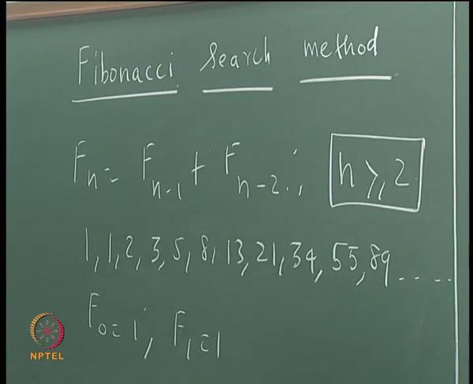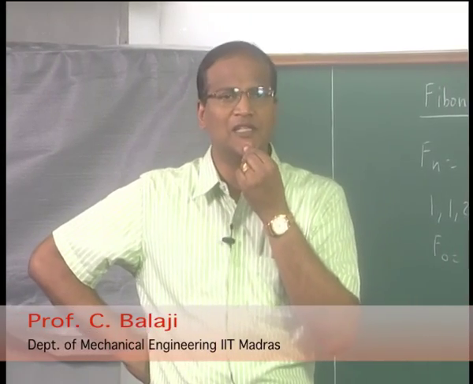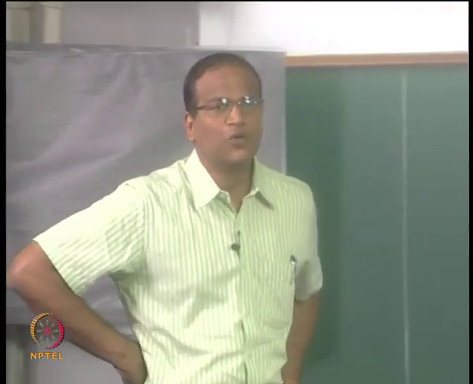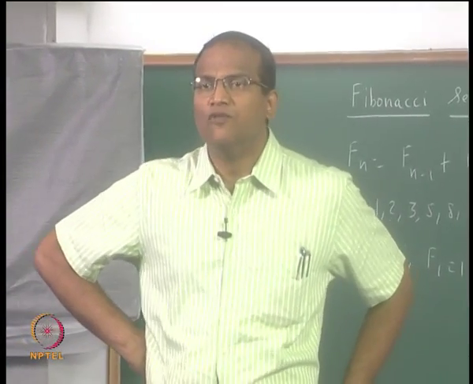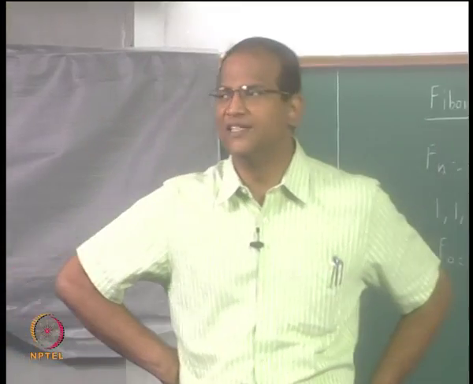Right. So we use the Fibonacci series in order to divide the interval and choose 2 points. Please remember that always in a single variable search we use a 2-point test. We find out whether y of x1 is less than or greater than y of x2, and accordingly a portion of the interval is eliminated. So Fibonacci search method is yet another elimination method, or a region elimination method, where a portion of the interval is eliminated.